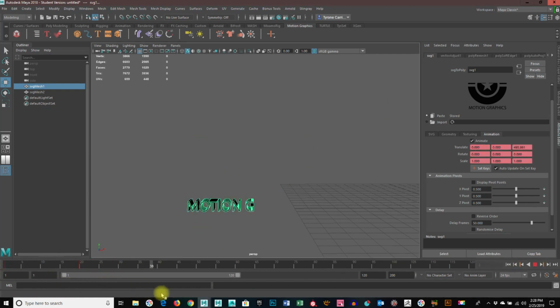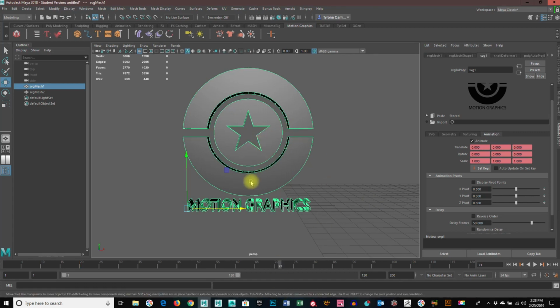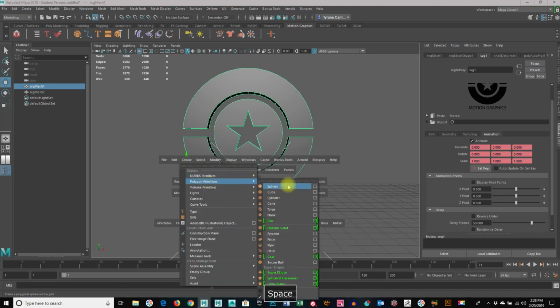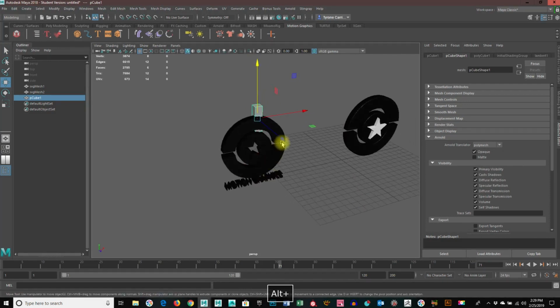So really simple. Now, if I wanted it to rotate while it's coming in, I have to decide what axis do I want it to rotate on, just to give you an idea. I'm just going to create a basic shape. Create polygon cube. I'm just going to show you this. So I'll flatten it out so it makes sense so you can see the detail